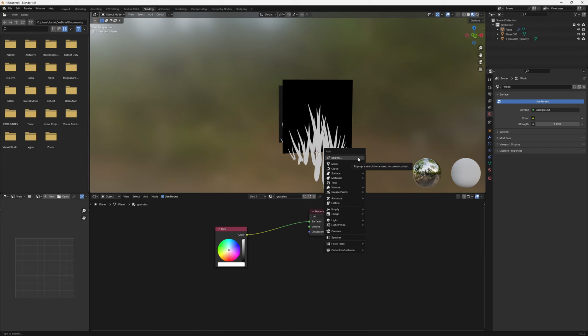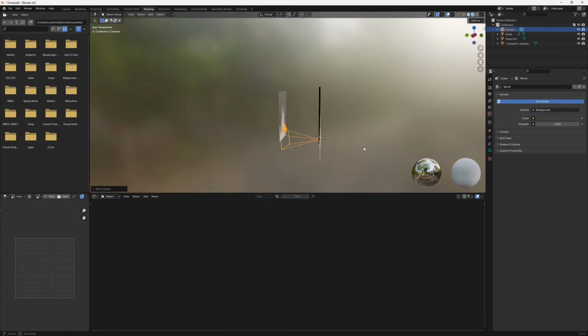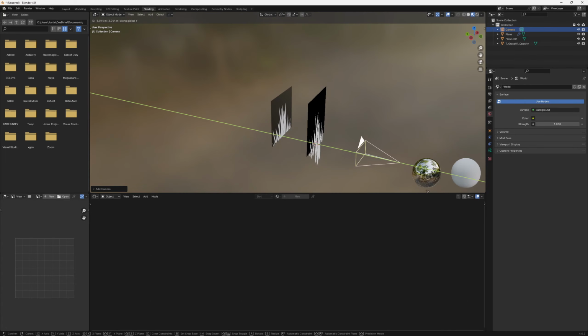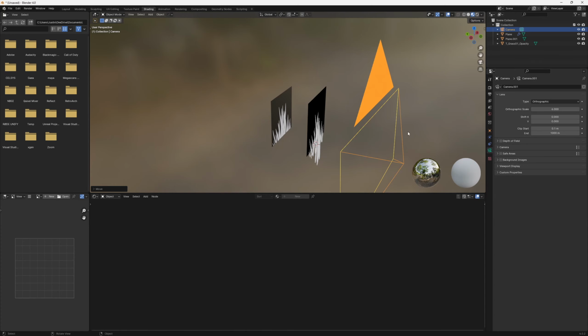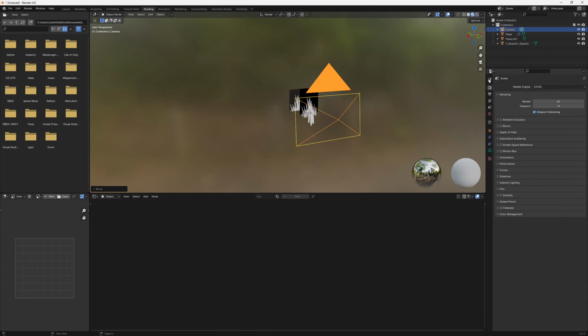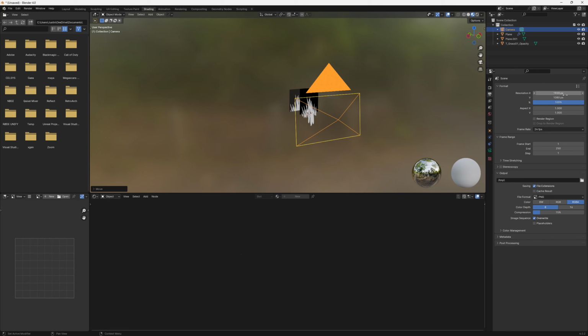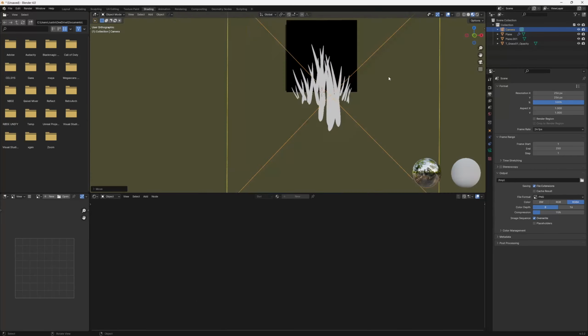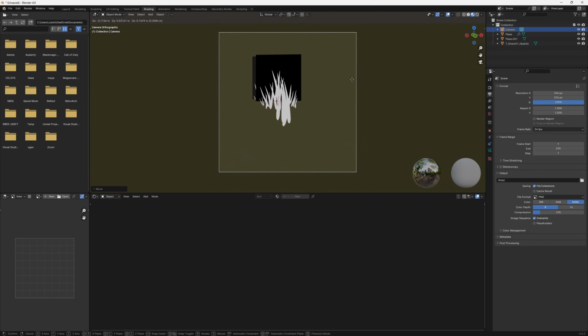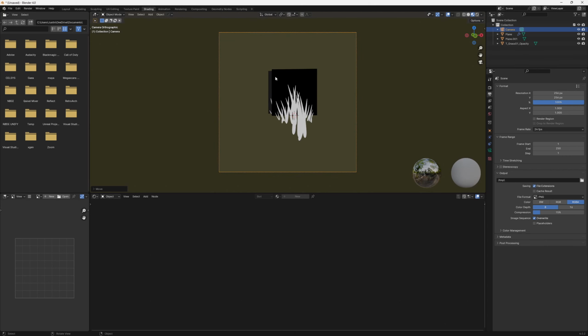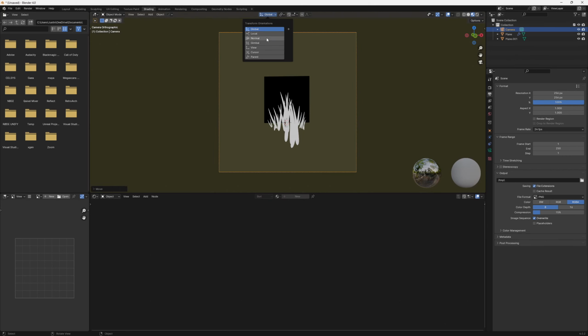I can press Shift A here now and grab a camera. It looks like it's facing the direction we want, so I'm going to back it up. I'm going to look for the camera settings and find orthographic, and then I'm going to go into our scene settings, and I will set it to a texture size of 256 by 256. So I'm going to press 0, and that should take me into my camera, which it does. I can then press G to move this camera and start centering it. If I go to normal mode